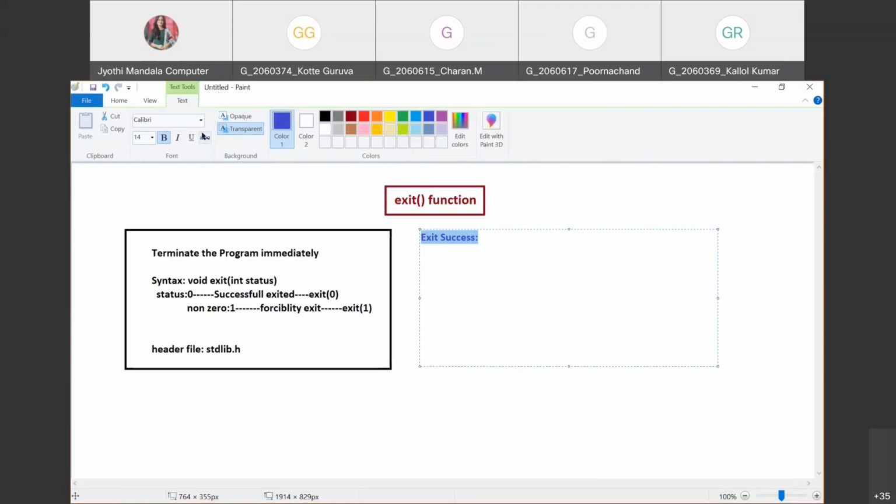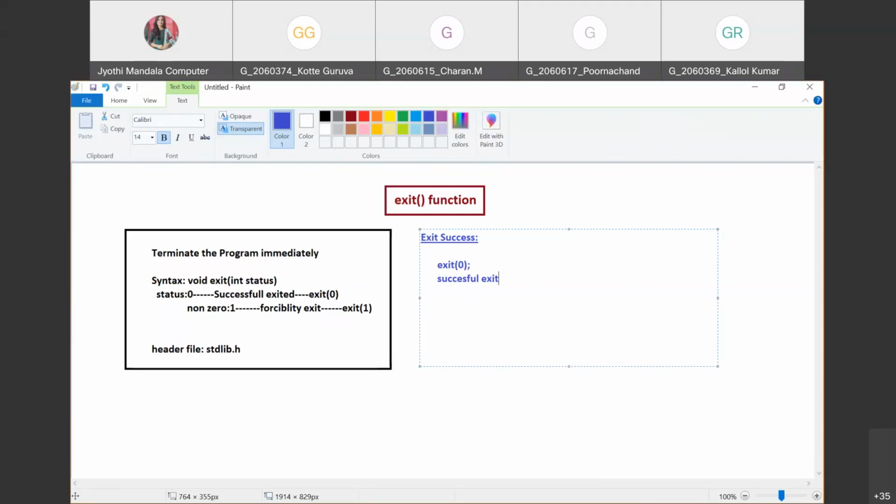Keep heading, all of you, exit success. Now, exit success indicates, as already mentioned, that whenever you want to give a status of exit success to the operating system, then you need to mention it like this. Okay. Now, what do you mean by this? This is nothing but a successful exit. Now, I'll tell you one example, an application I'll take, and using that application, I will be using this exit.